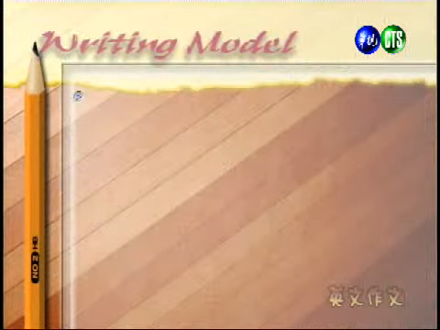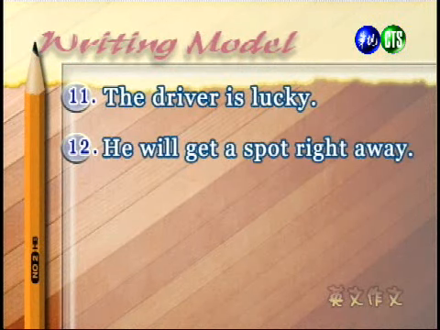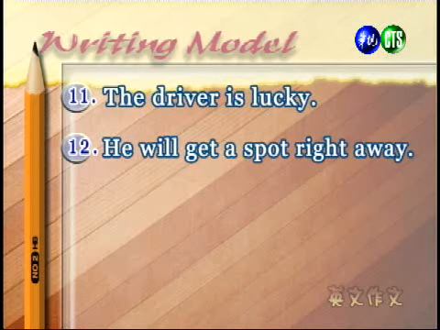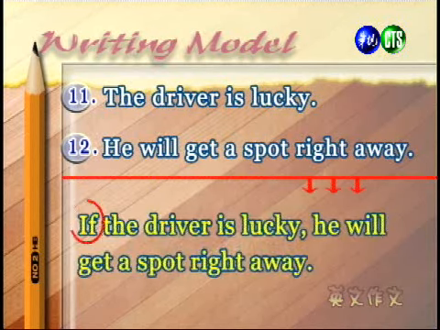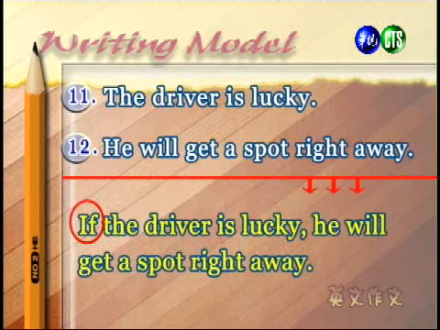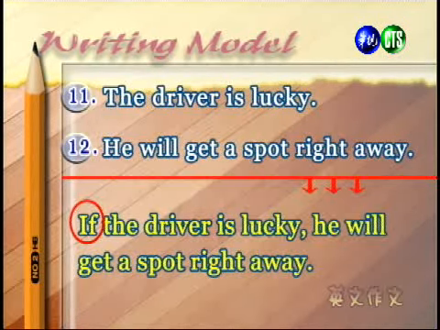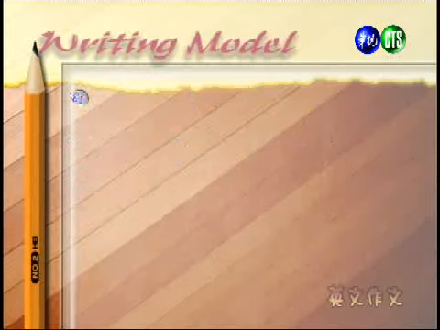好，我们来看下2个句子，第11句跟第12句。And we see that these two sentences are setting up a condition. 好，这第11句跟第12句呢，其实是在设定一个状况。So we're going to combine them together using the word if, and we end up with this sentence. If the driver is lucky, he will get a parking spot right away. 好，那所以呢，为了要显示这是一个状况的设定我们用 if 来作为2个合并句的开头，那我们就得到这个句子如果驾驶幸运的话，他可能马上就会找到车位。